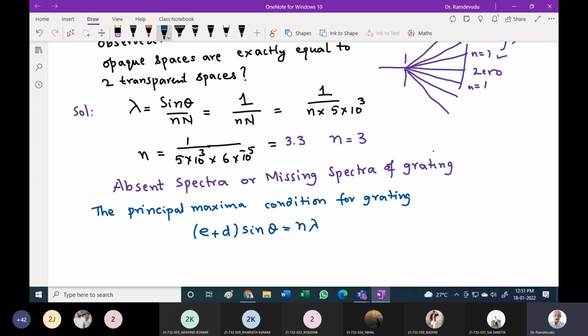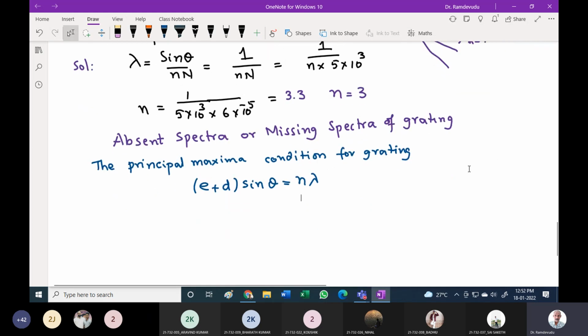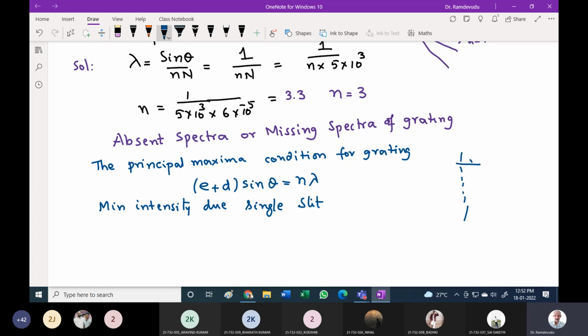Then the maximum will occur, but a minimum will also be there: minimum intensity due to a single slit. Why single slit? A grating has many single slits like this. Therefore, the minimum due to any one of the single slits